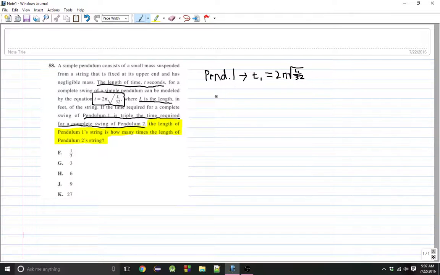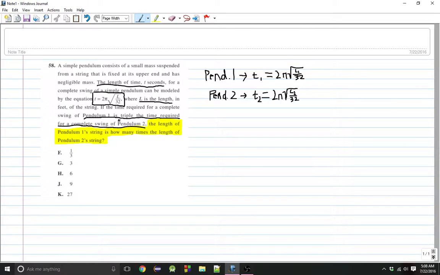Okay. And then for pendulum 2, we're going to do the same thing, except we're going to do it with T2 and L2. T2 equals 2 pi root L2 over 32. Okay,